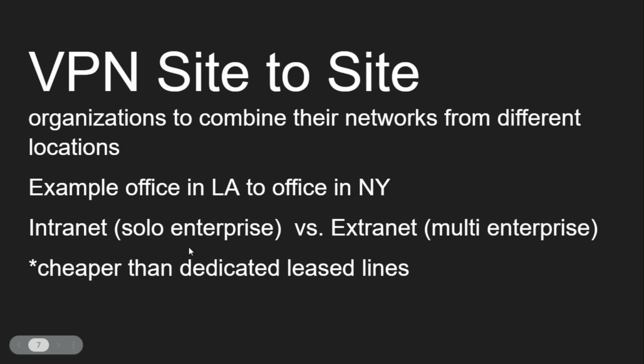And the biggest takeaway from a VPN that's site to site is that it is cheaper than a dedicated leased line. For those who don't know, a dedicated leased line is basically going out to AT&T, Spectrum, Verizon, and saying, hey, and I'm being hyperbolic here, but it's saying like, hey, I'm going to run a LAN cable from LA to New York, and only we can go ahead and send that information. That is a dedicated leased line where literally you're going to the internet service provider and saying, I want a private jet, AKA I want a private line, a dedicated leased line that only our corporation can use, no other corporation. Okay. You can imagine how expensive that would become and how expensive that is.